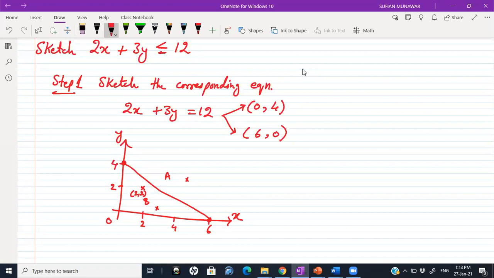If this point satisfies the inequality, this means the area below will be the true area. 2 multiplied by 2